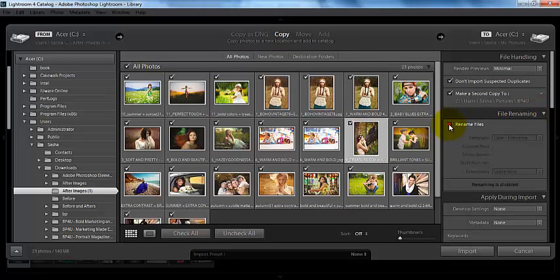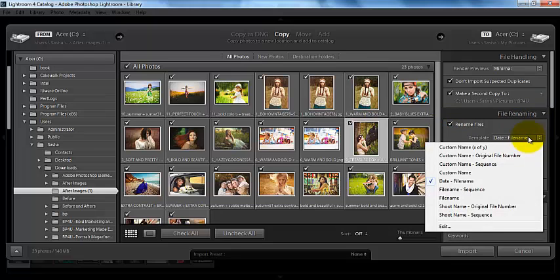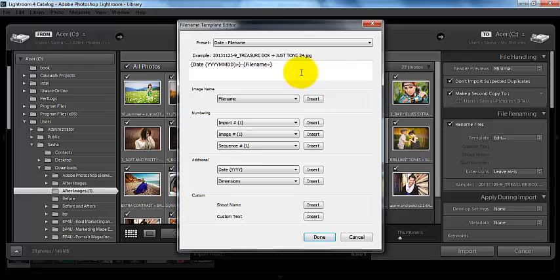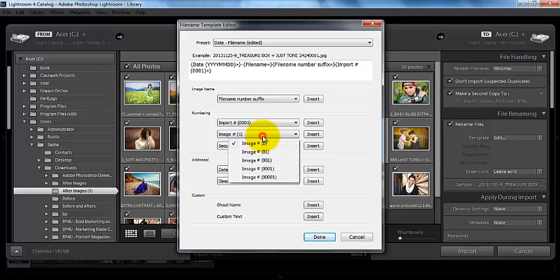Down here, you can decide to rename these files. And so you have these options here, and you can completely edit that and just choose what file name you want it to be. And so here we can look at that, and we can choose, for example, the file name, so we can do just the file name or the file name with a number. And if we do the file name with the number, we can choose how many digits we want it to be. And we can choose,